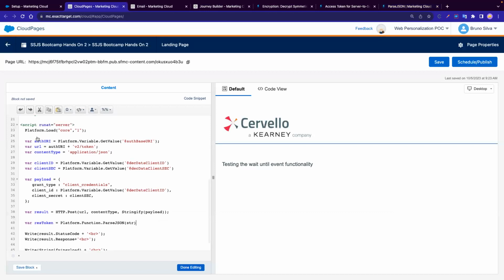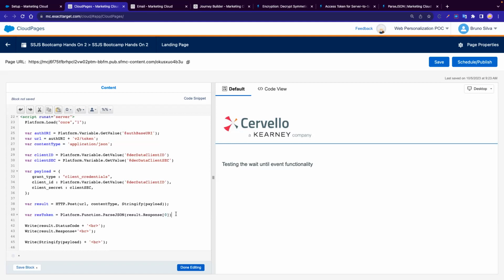Since I declared the platform here, I wouldn't need this to be repeated over here, right? Yeah, I don't know if there's a parse JSON core function. It's a good question. Okay, so this is going to be based off of the results. Yep, and then, oh, response. So you've done this before. Excellent. Yep, awesome. And then we need to create another variable after that, which is the token,